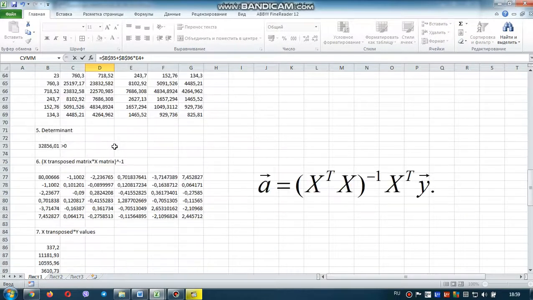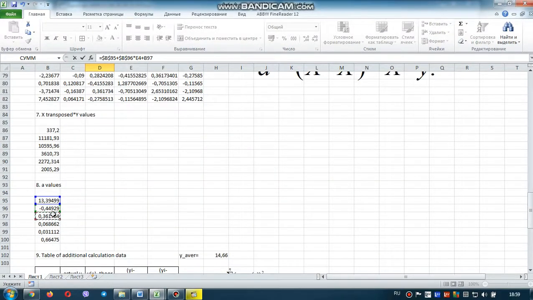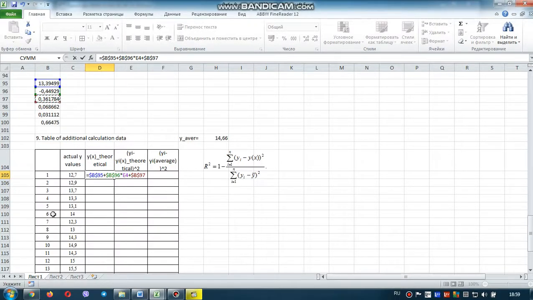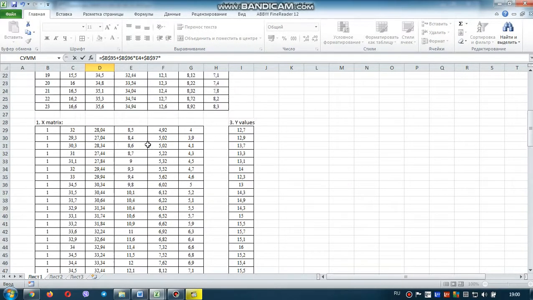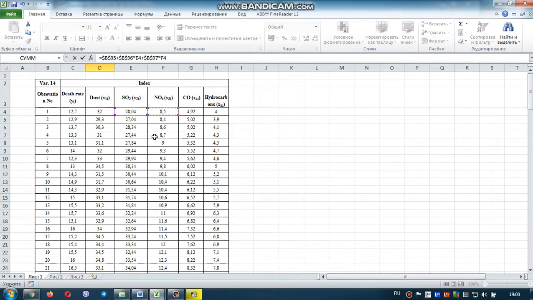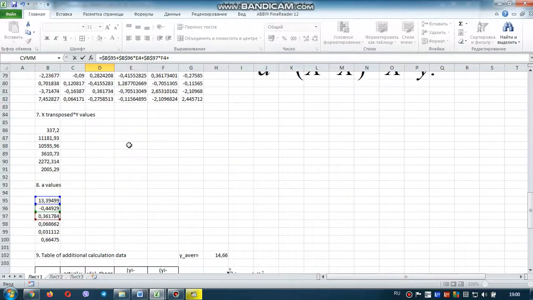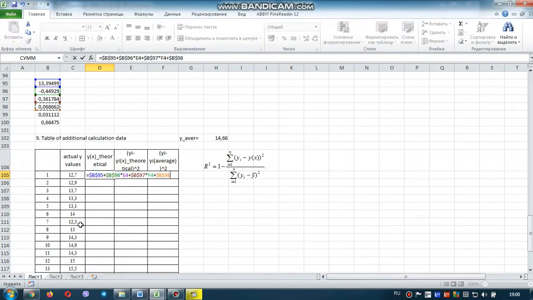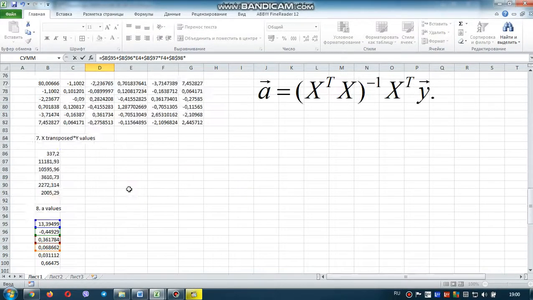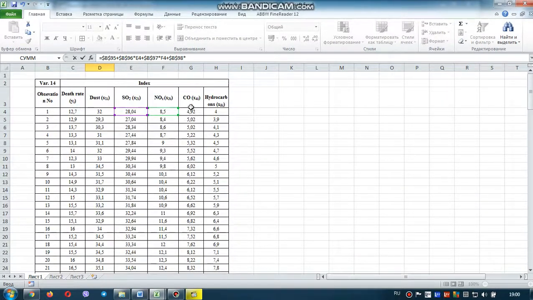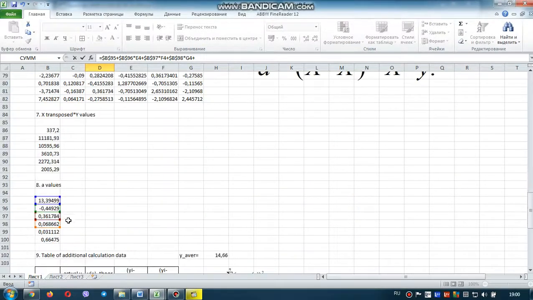plus A2 fix multiplied by x2 plus A3 fixed multiplied by x3 plus fix